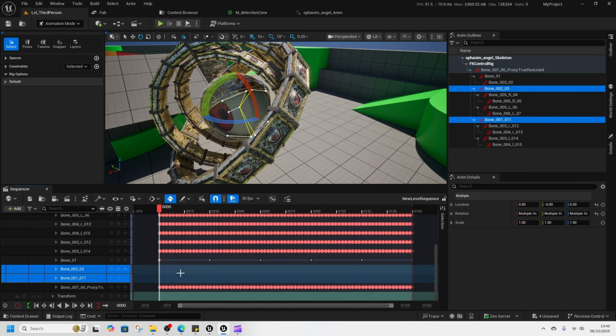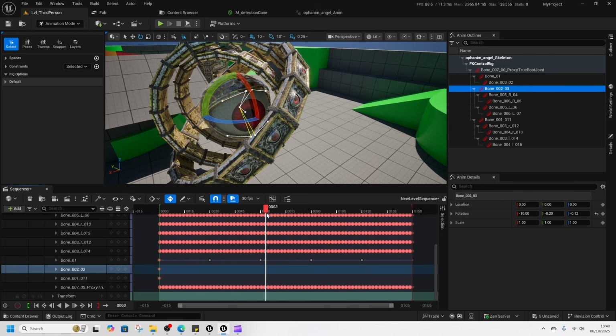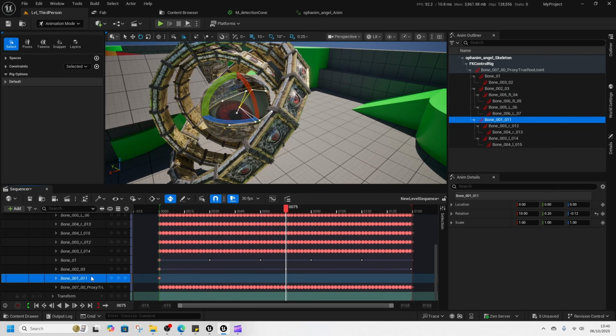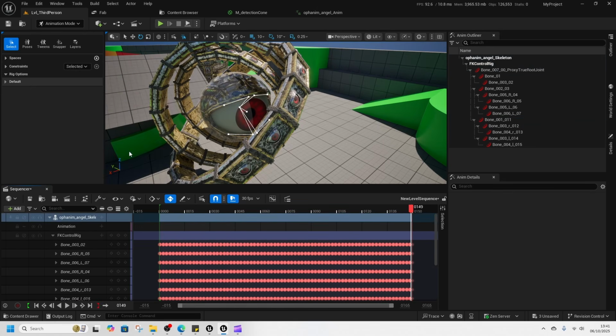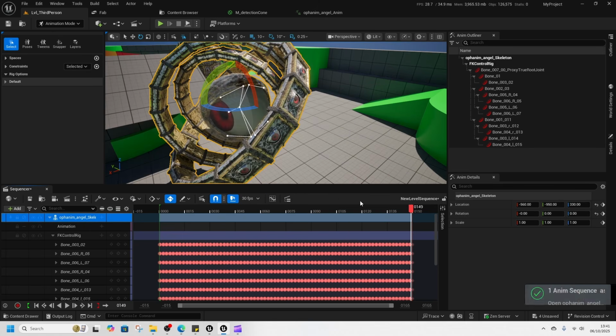And then now, what we can do is we'll set a key in both, and we'll go to 75 seconds on our bottom lid, which is 00203, lift it about halfway, and then drop it down at 150. And then on our top lid, which is 001011, bring that down so that we've closed the eye, and bring it all the way up to say that we've opened the eye. Save that, right click it, bake it to animation sequence, select OK, export to anim sequence,